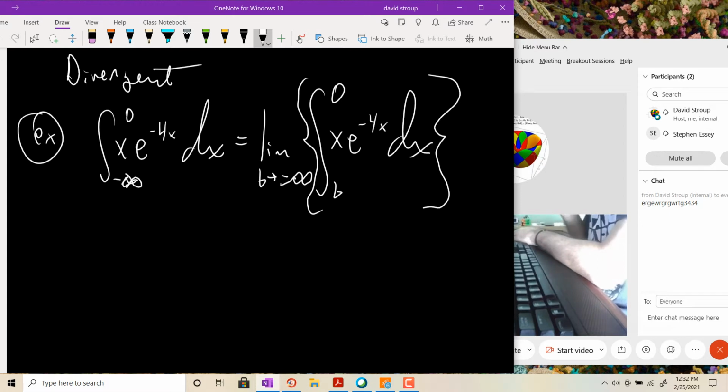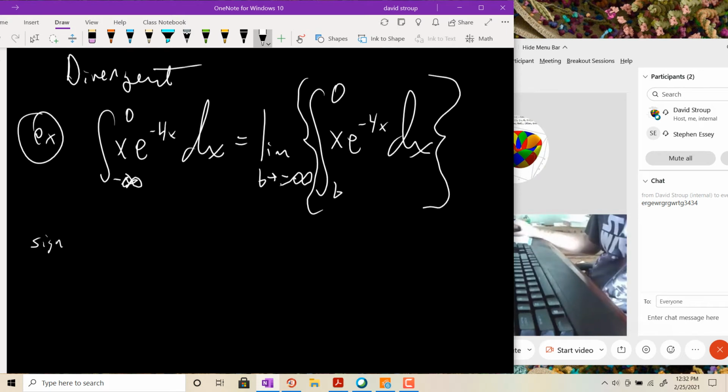And so I'm going to use the tabular method. So the tabular method, what do you have? A sign, and then you kind of take the derivative. That down arrow means derivative, up arrow means